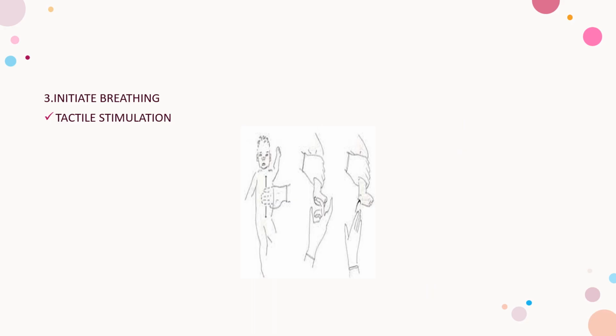Next is initiating breathing. Tactile stimulation. So what is tactile stimulation? If respiration is inadequate, tactile stimulation may be given by slapping or flicking the soles and feet, and rubbing the infant's back. These slaps or flicks should be given only once or twice. If the infant remains apneic, positive pressure ventilation should be started. So if it is not working out with tactile stimulation, next we have to go for positive pressure ventilation